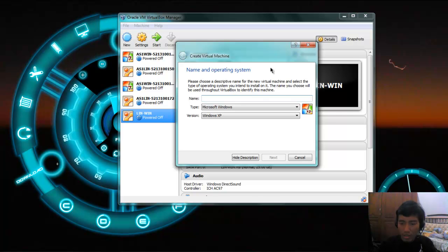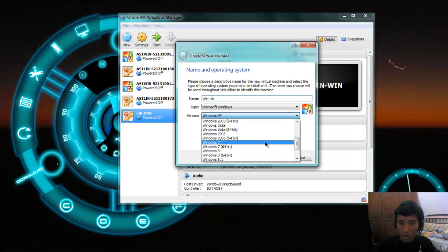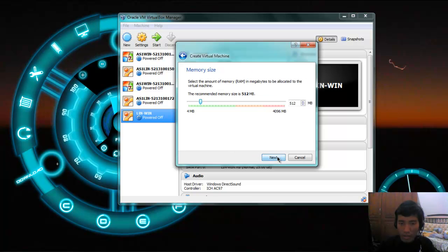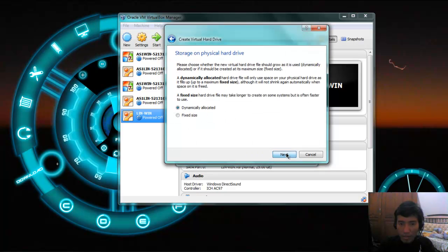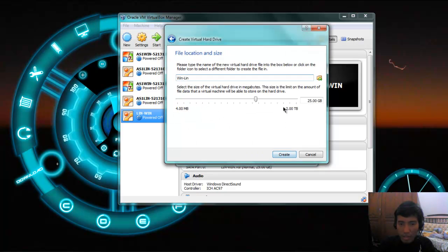This is just the name of the virtual machine you want to create. I will rename it like this and choose the Windows 7 option, then click next. This is the memory, the random access memory in your virtual machine. So just next, I will use the default setting, and for the hard drive size, I'll take 25 gigs,